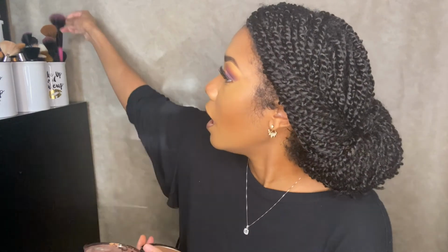So next I'm gonna go in with a little bit of blush. Y'all, I don't actually like blush that much, so I don't have a lot of blush. I maybe have 2 blushes in my whole collection, which is insane considering the amount of makeup I own. But yeah, I'm just not a big blush person. It's pretty, but